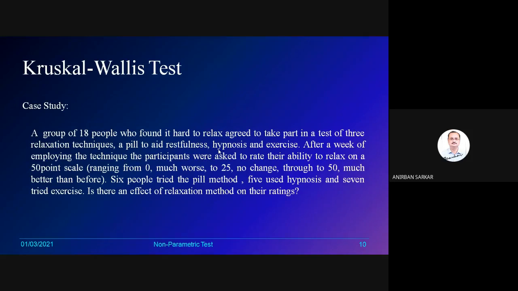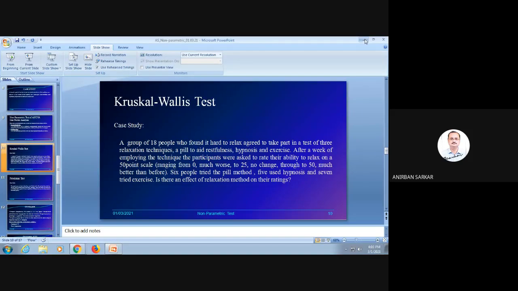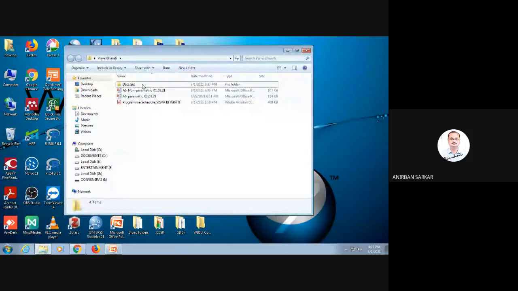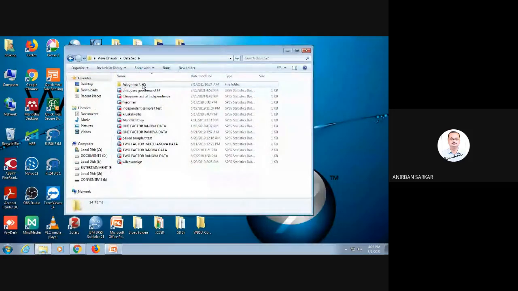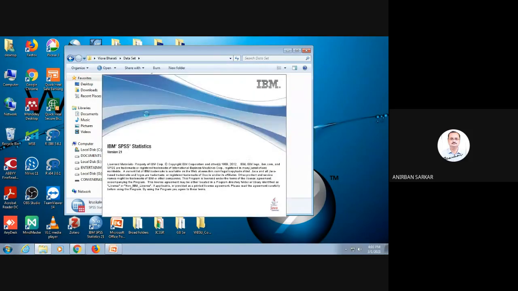So now we go to analyze the data set. I have already given you the data. You will find the Kruskal-Wallis data set here. You just click it and you will get the data set.